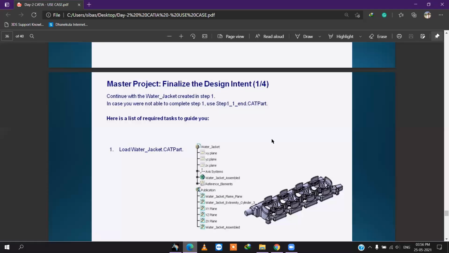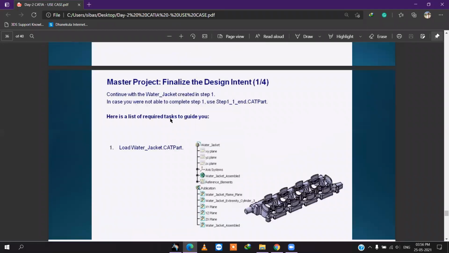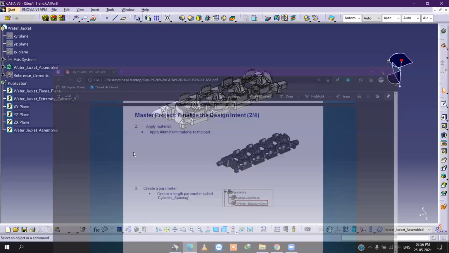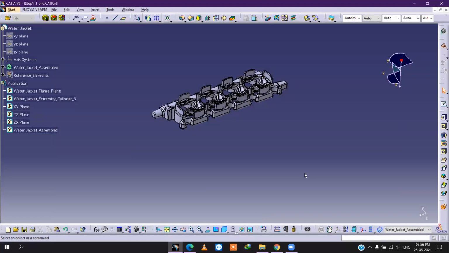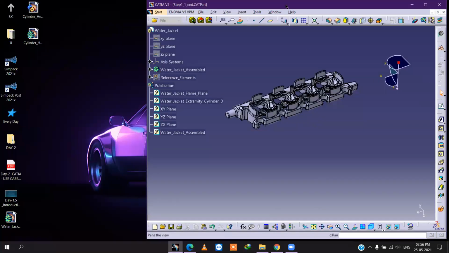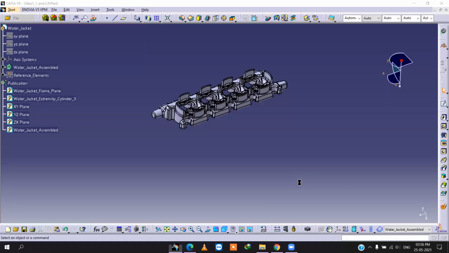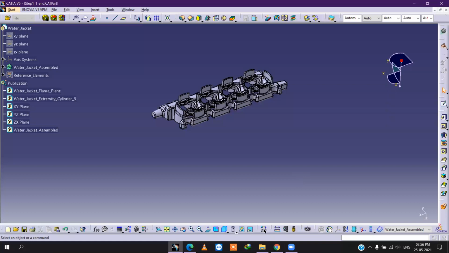Okay. After that, you have to apply the material to aluminum. You will get to know how to apply the material. Your option is there.